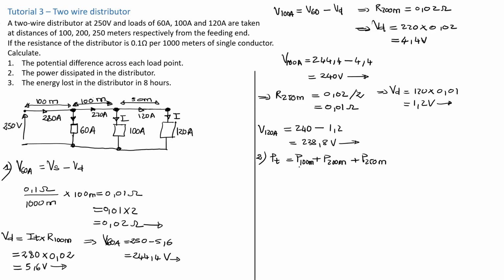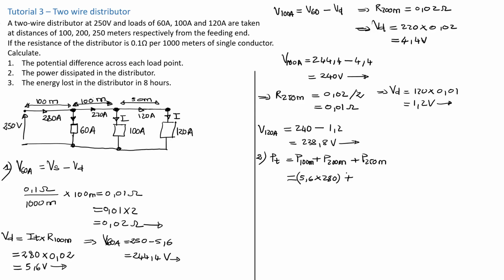Now we know that the power on each one of these sections is proportional to the voltage drop on each one of the sections. So this will be equal to P for 100 meters. We know what the voltage drop there is. It is equal to 5.6. So we're going to say 5.6 times the current there, it's 280,